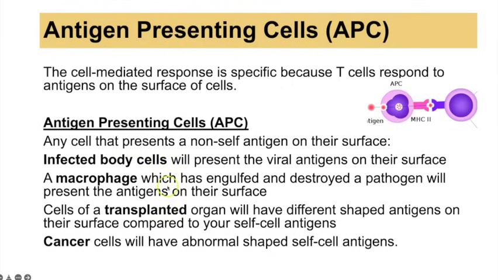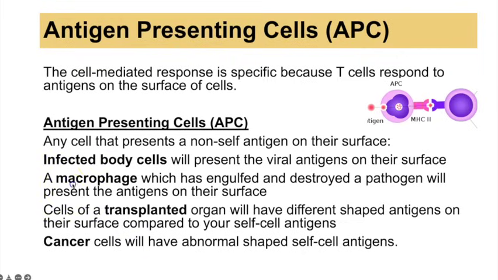A macrophage, which has engulfed and destroyed a pathogen, will also present the antigens on their surface. Cells of a transplanted organ will have different shaped antigens on their surface compared to your own self cells. And cancer cells will have abnormal shaped self antigens as well. So all of these are presenting antigens on the cells, so they are antigen-presenting cells and can therefore trigger